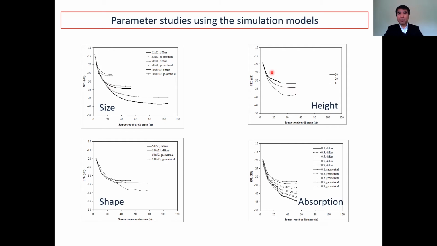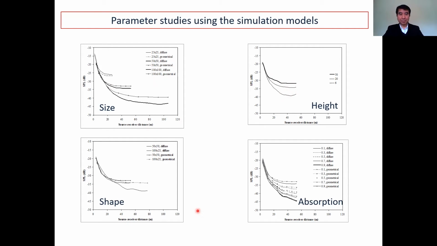And if we fix the square at 50 by 50 and just increase the building height around it from 6 meters to 20 meters to 50 meters, then that's the difference you get. For example, 40 meters away or 20 meters away, it is quite significant, about 10 dB. Acousticians will know that is doubly quieter or doubly louder, depending on whether you increase or decrease